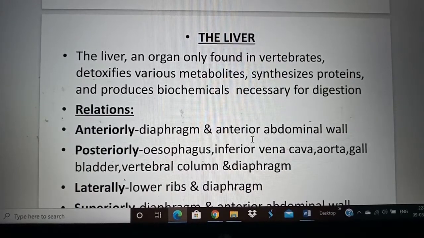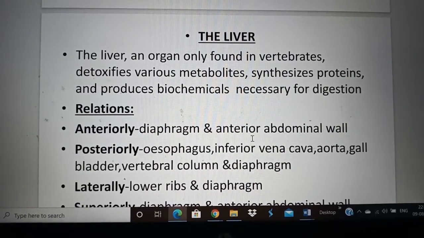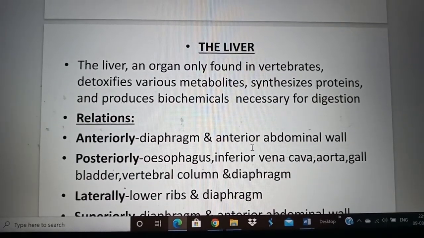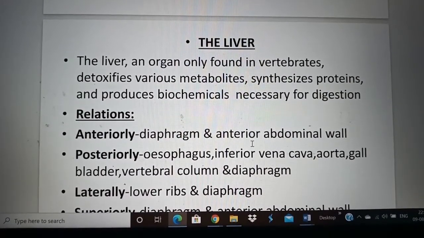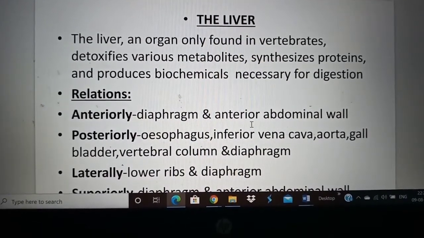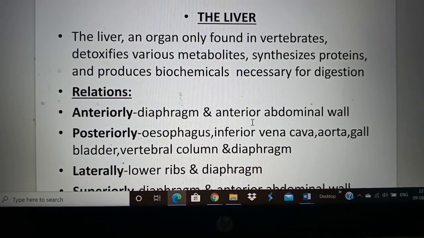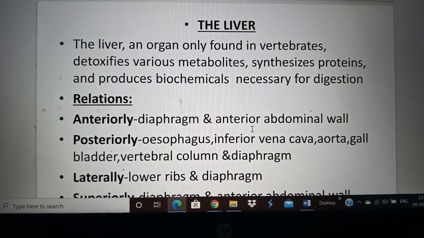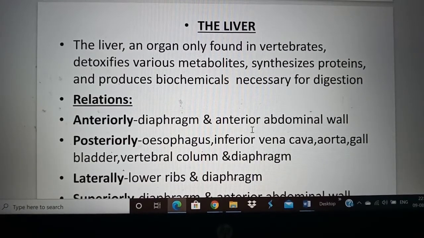In this class, we are going to see about the anatomy and physiology of the liver. Before that, a few things that I would like to tell is about the pancreas. It produces pancreatic juice, around 1200 to 1500 ml, which is a clear, colorless liquid consisting mostly of water, some salts, and several enzymes.